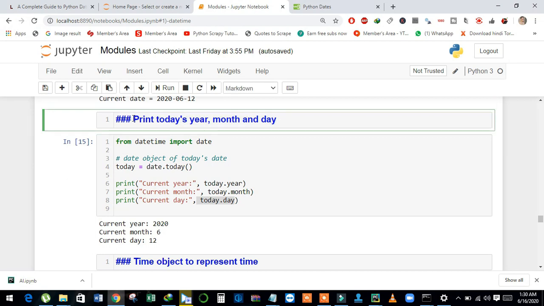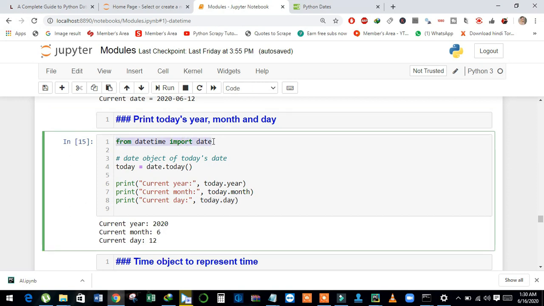Next, we will discuss how to print out the year, month and day of the date. Using the from keyword, I imported date, and then I created an object of the date class, called the today method and saved the date in today.